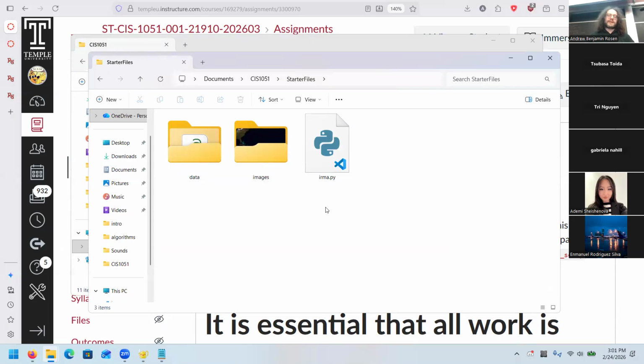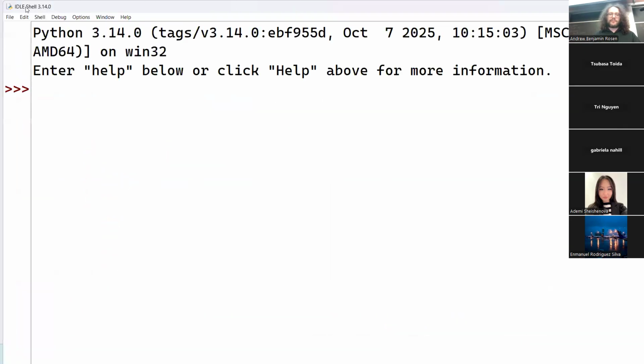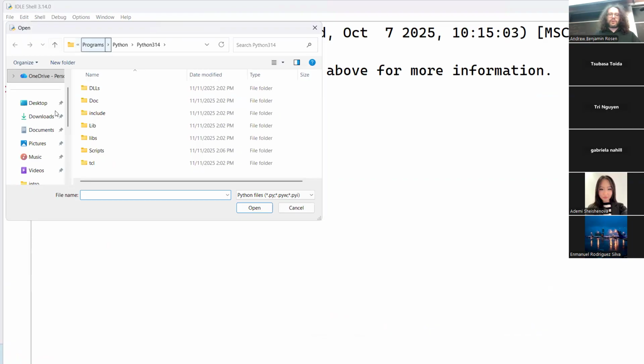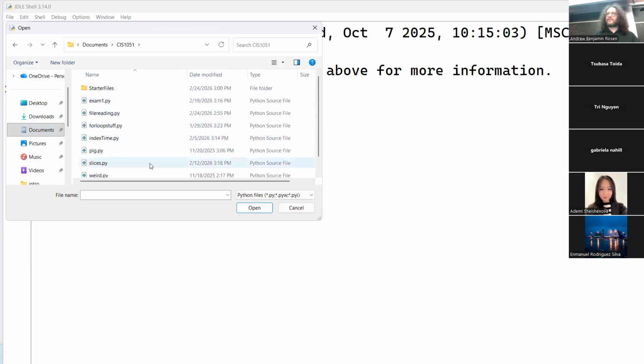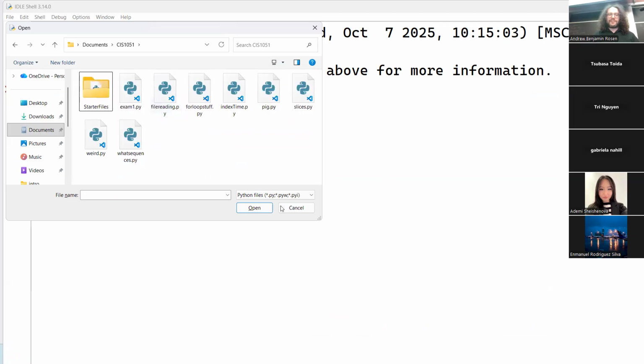If you're like me and you're going to be working in IDLE, which is what I'll do, I will open this up with IDLE. So I'm going to open IDLE. I'm going to navigate to where that is. Go to open, documents, wherever you saved it. If that's in your documents folder, great. Navigate to starter files. Do not navigate to the